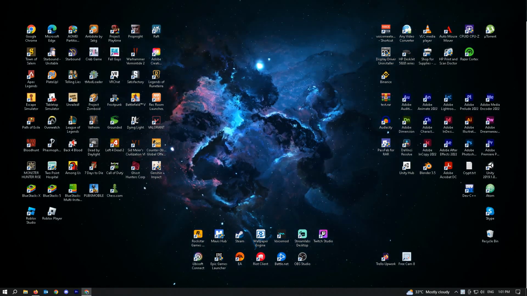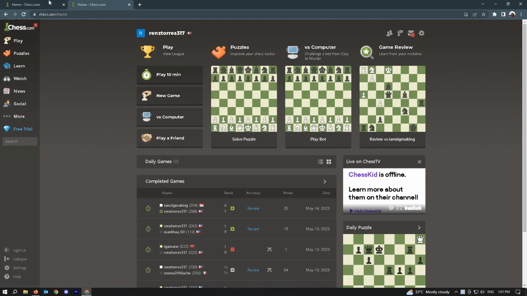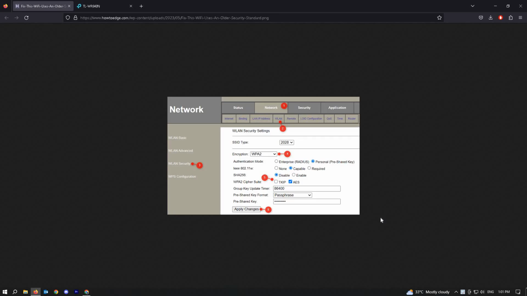So for our first solution, we are going to suggest you to just change the WLAN security to WPA2. I'll be showing you a sample image of what this looks like. So here, as you can see, we've gone to WLAN security to network and changed the encryption to WPA2. If we set this to WPA2, this will automatically solve your problem over time, and you won't be able